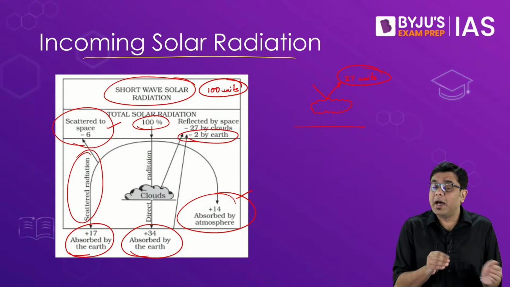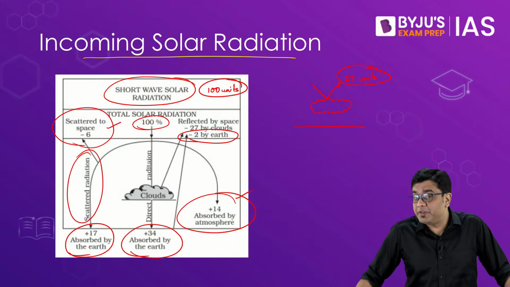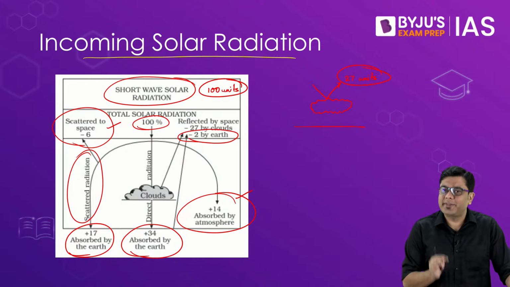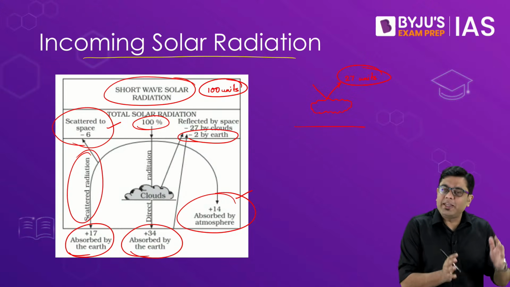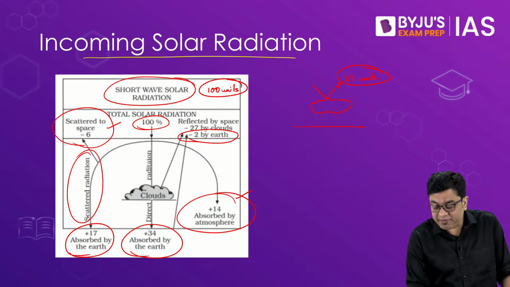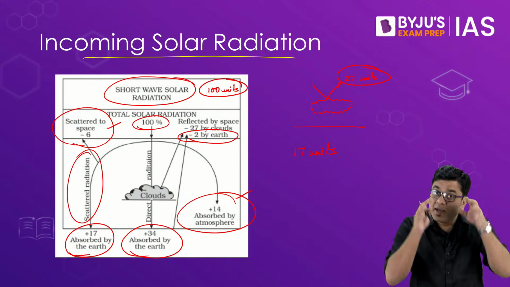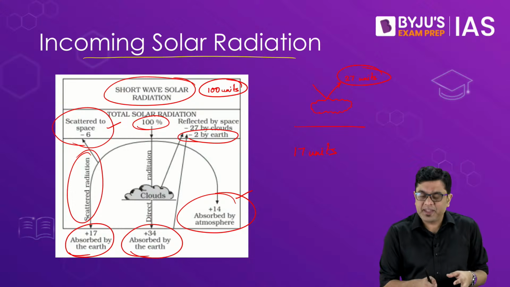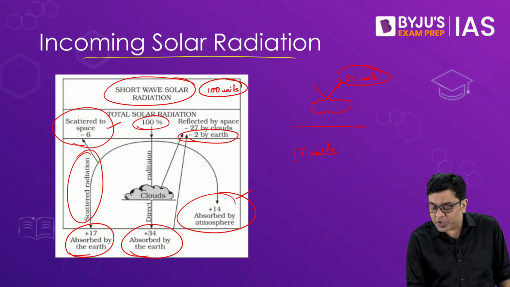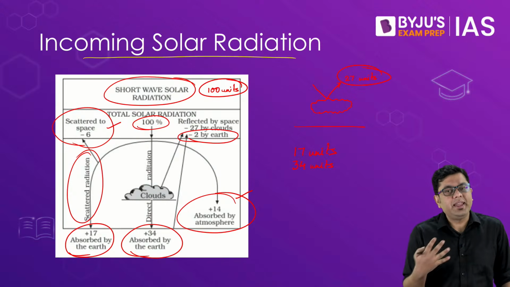So this figure, between 2 and 3, is what is also referred to as the albedo of the planet. Now if you consider this mathematics, when you consider the surface of the Earth, you have the absorption of 17 units, which are absorbed after being scattered into the atmosphere. After that, they reach and hit the Earth's surface. And then you also have an additional 34 units, which reach the surface unhindered and heat up the surface.